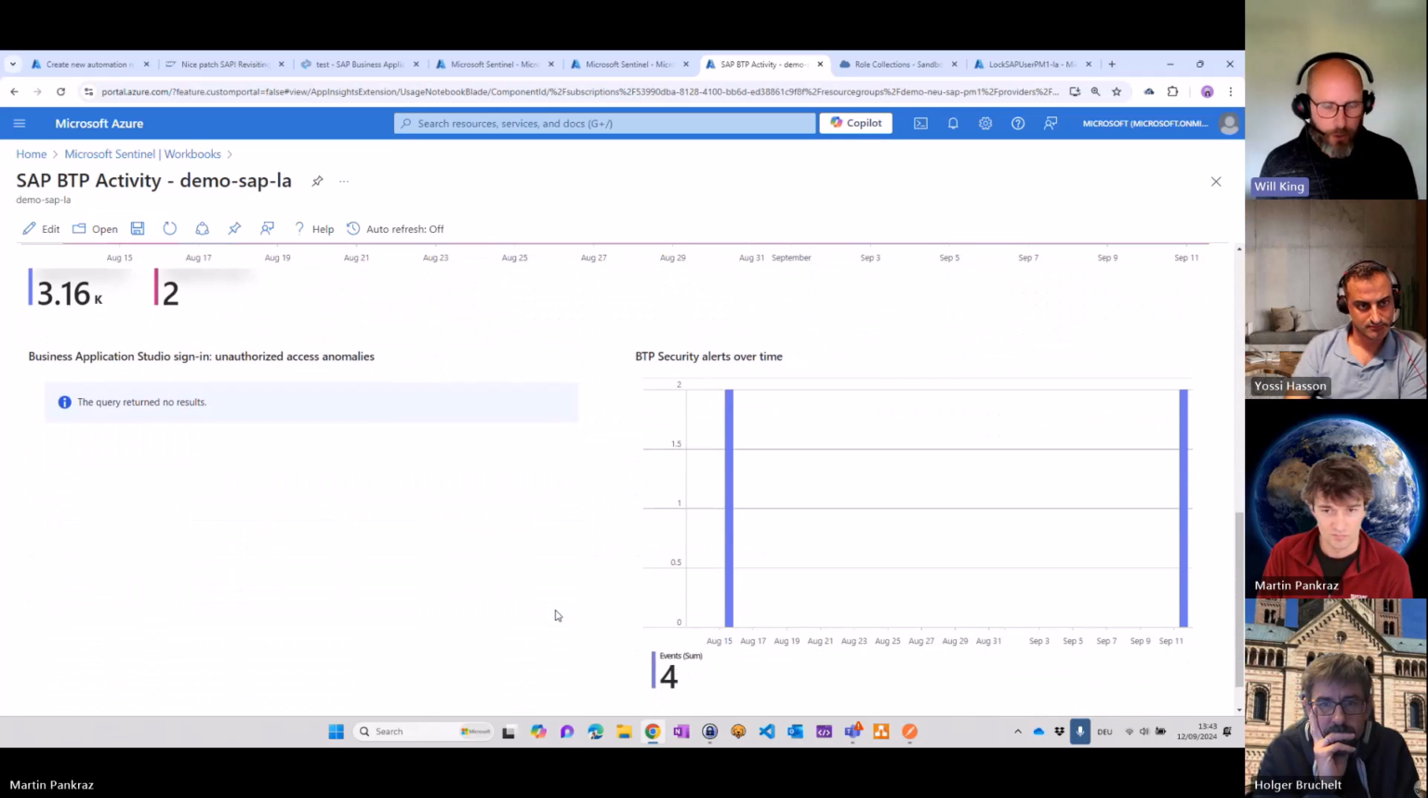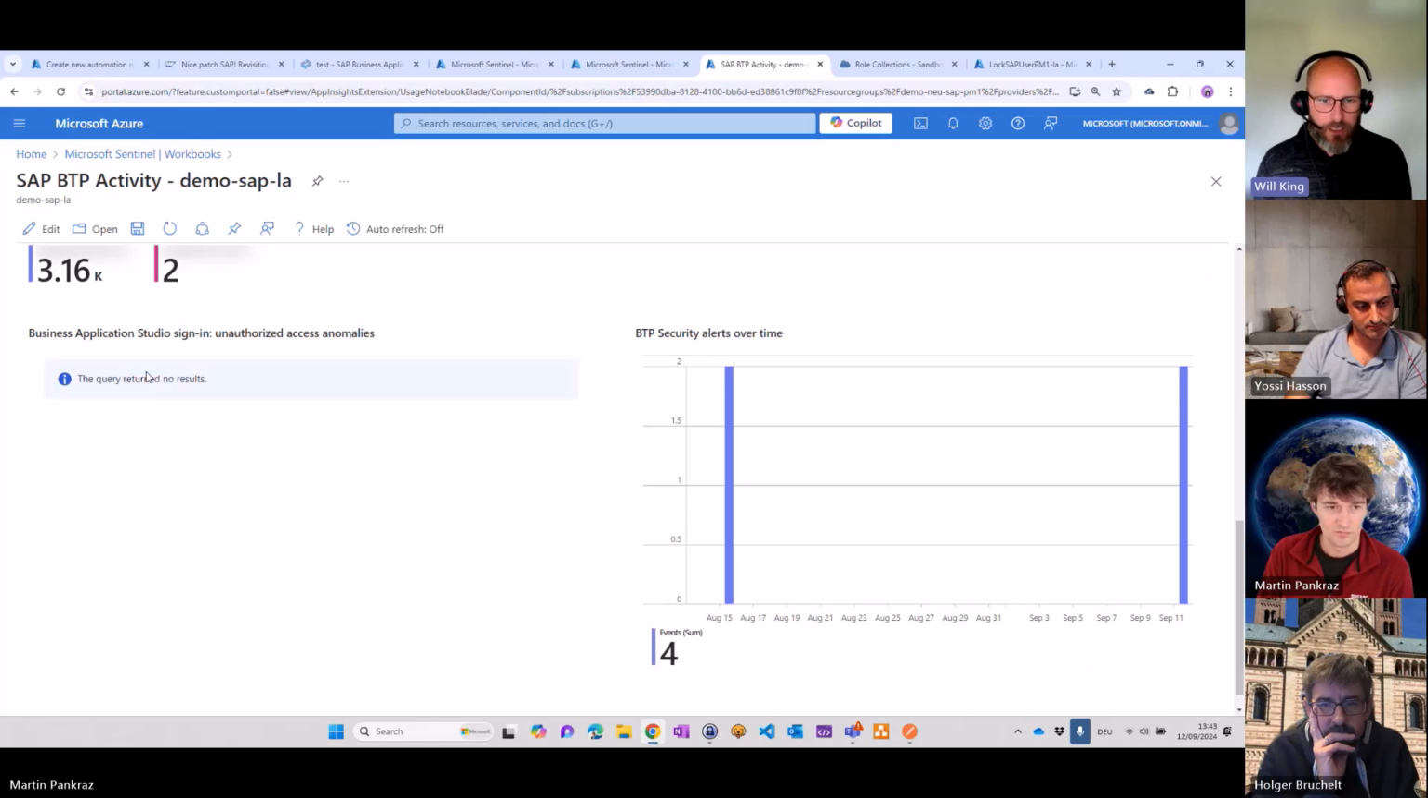We've got anomalous activities which we can detect. In this environment, I don't think we have much happening because it's just Martin's environment, but you can imagine in